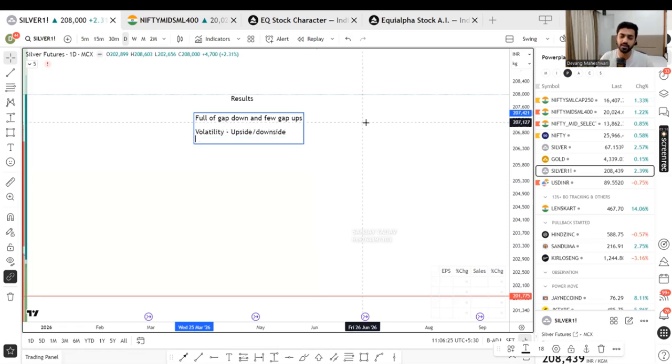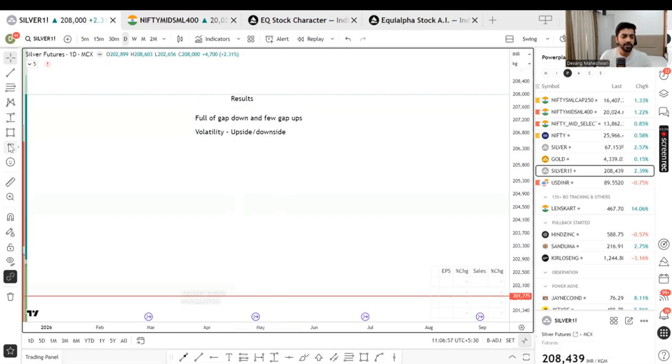It's a volatile thing on both sides, and that's why it becomes crucial for us to understand how to handle them. How to handle these results, because after every 3 months you will have 1.5 months of results where companies will be announcing their quarterly results. And a lot of outside things also come into play, which will affect your mind, which will affect your overall decision making capabilities.